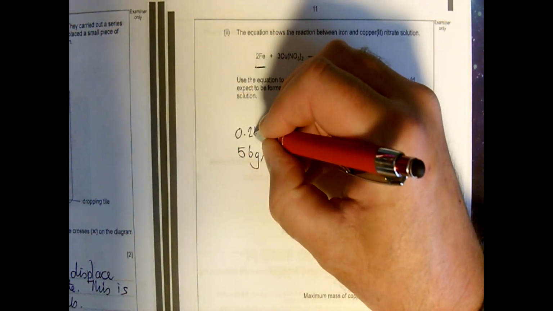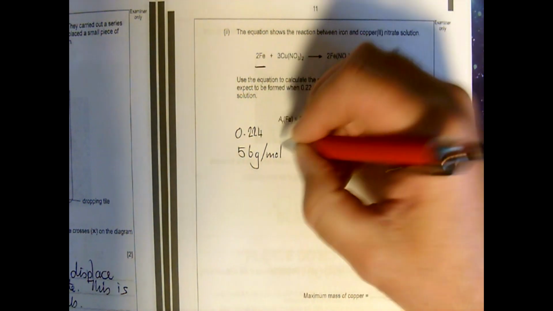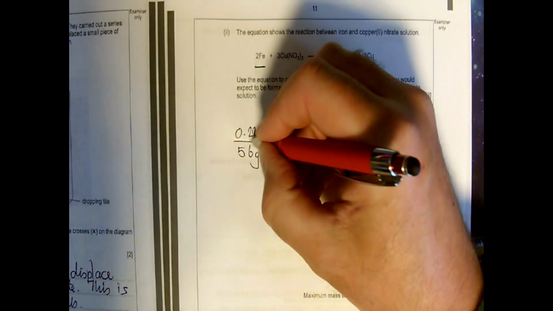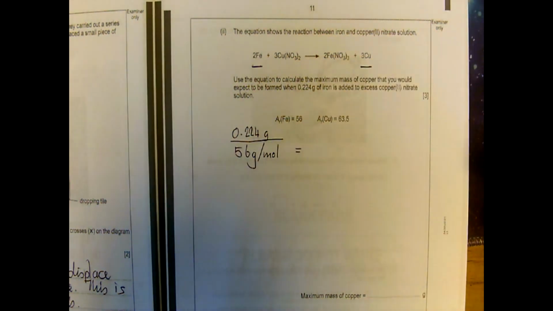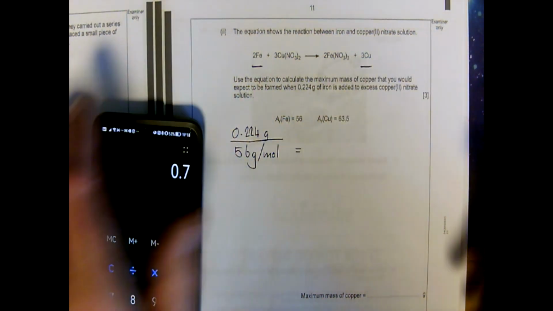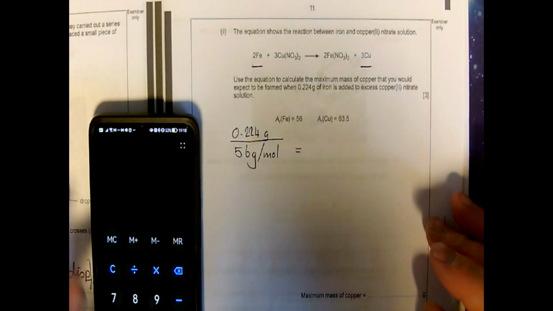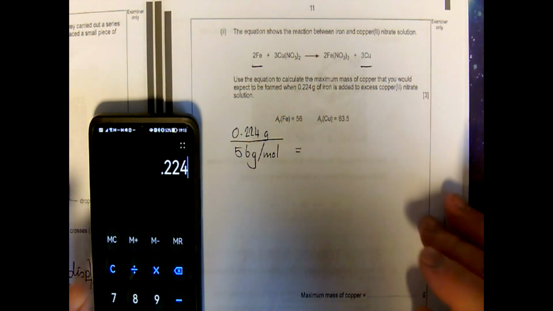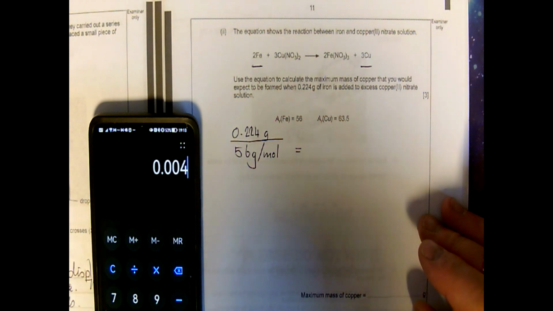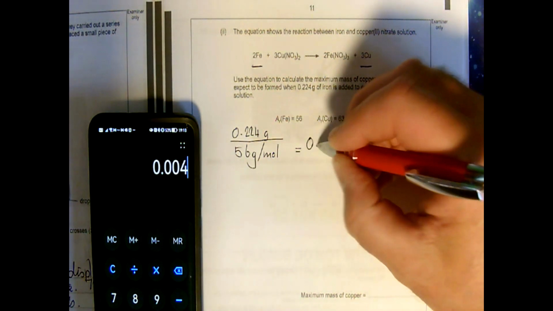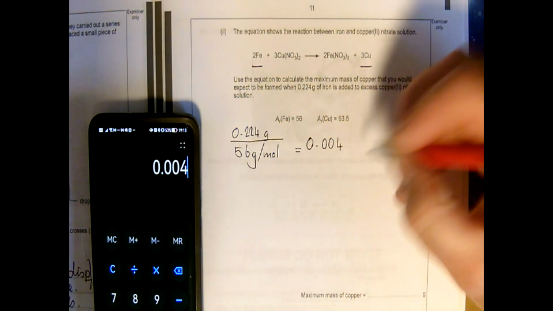We can see that for every 3 moles, so for 2 moles of iron, we're told the mass of iron used, and we're given the Ar of iron. So with 2 values, we can work out a number of moles. Okay,